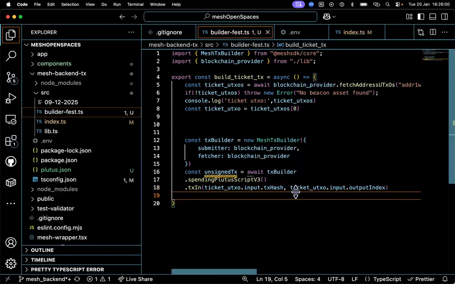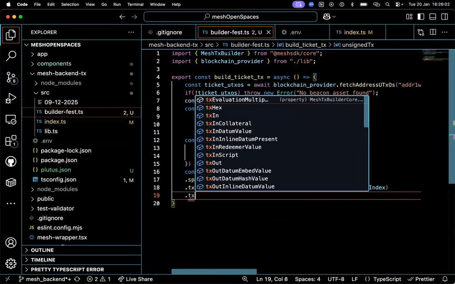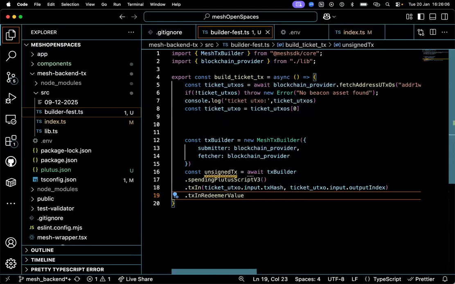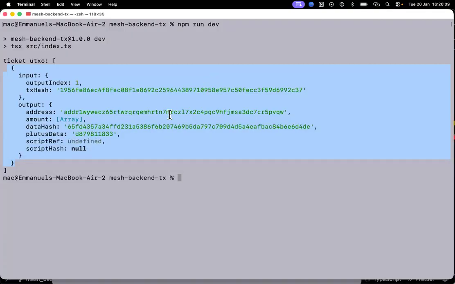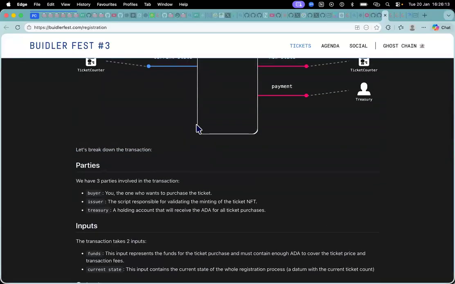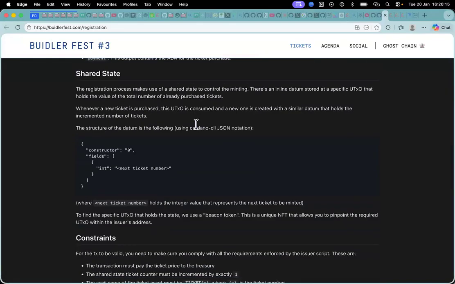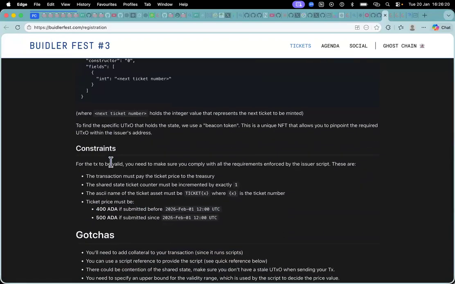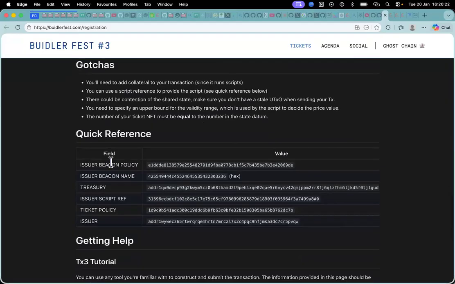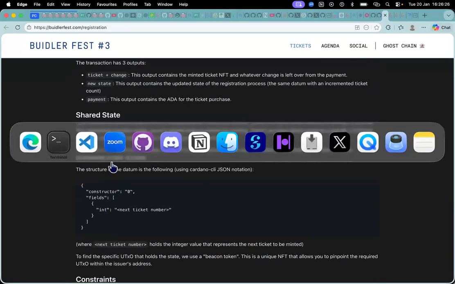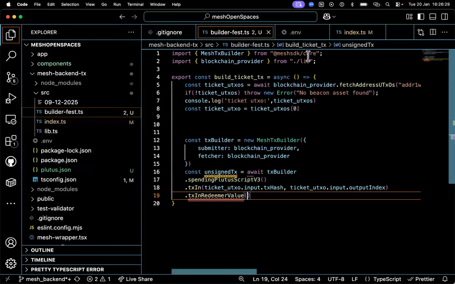The next will be to pass in the redeemer value. Let's check. If we can't find anything like the redeemer value here, we will have to access it directly. I think it should be constructor zero, but this is no datum. It depends. Go back to the validator. I'll show you where you can find the redeemers, because there's one redeemer for spend and one for mint.